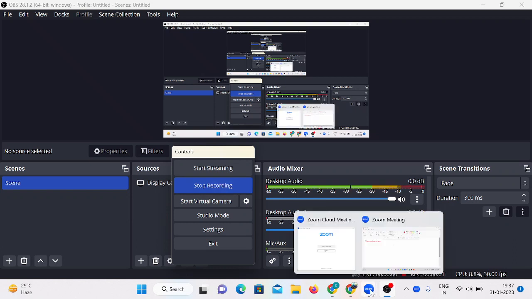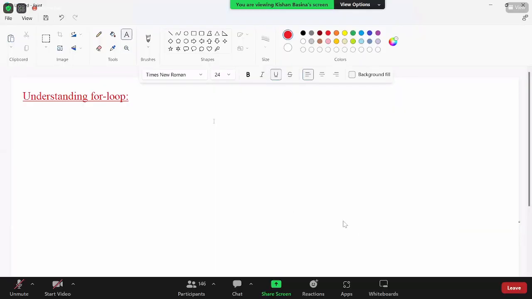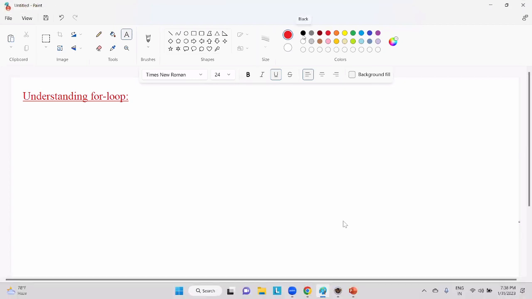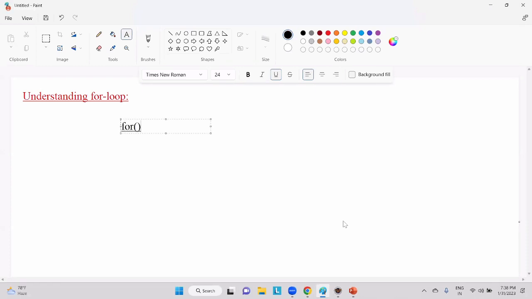An idea about what is the syntax of for loop. Okay. Now, I'm going to give you the syntax of for loop. First, we need to write for. After that, open braces and close braces. Inside this, I'll just try to write some